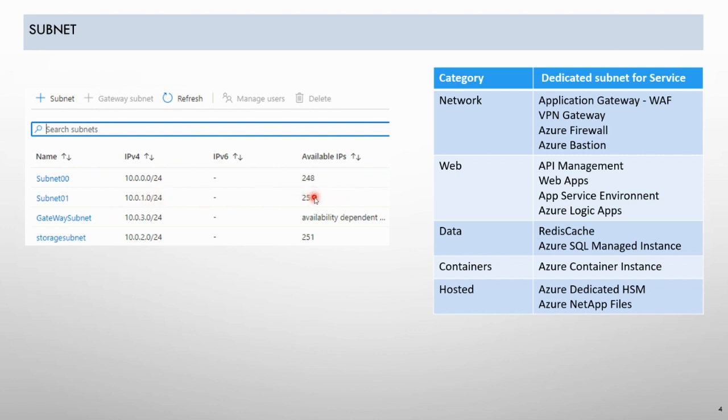You can see 250 IP addresses available to you. As long as you start using these IP addresses, this number will go down. Similarly, you can see a gateway subnet and a storage subnet. So you can define your network in such a way that a few subnets are assigned to servers being used for a particular purpose, and a few subnets assigned to some other resources